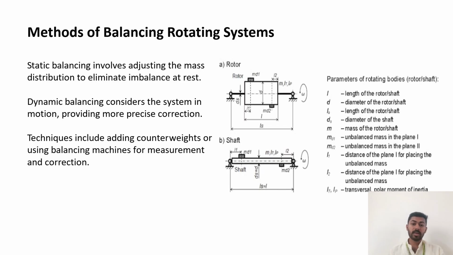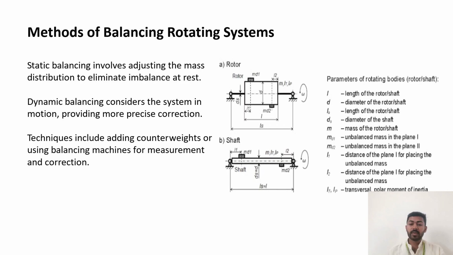The example diagram has a rotor and a shaft. A is the rotor and B is the shaft. The parameters of the rotating bodies, rotor and shaft, are: L equals length of the rotor or shaft, D equals diameter of the rotor or shaft, and A equals diameter, M equals mass,